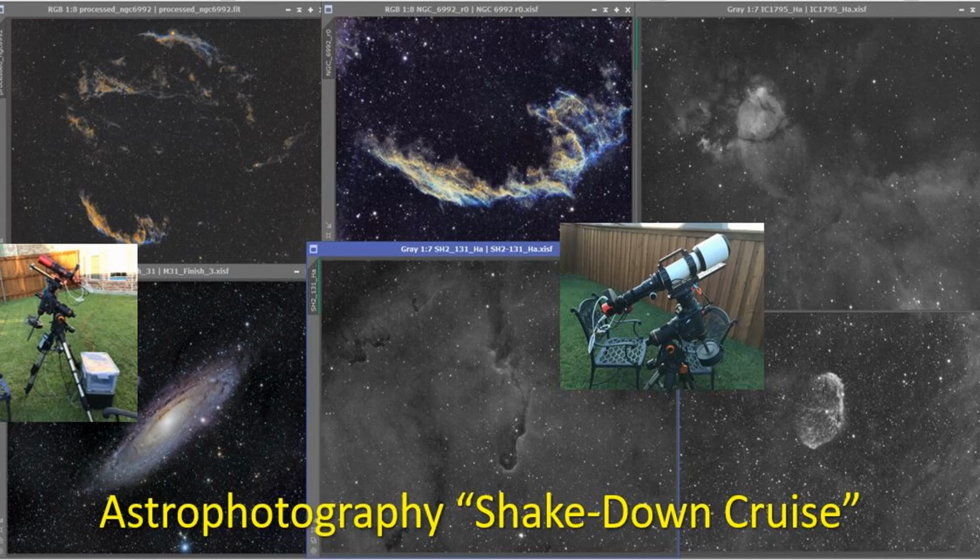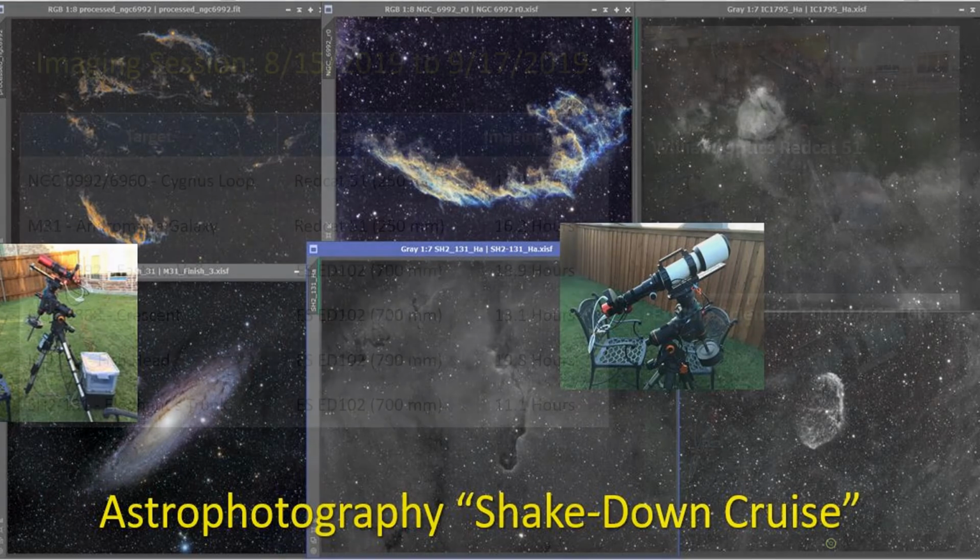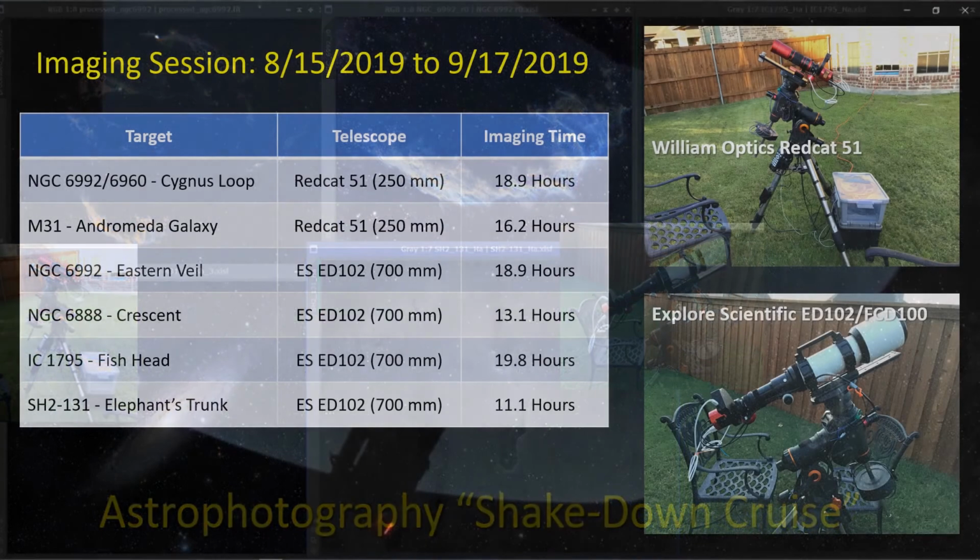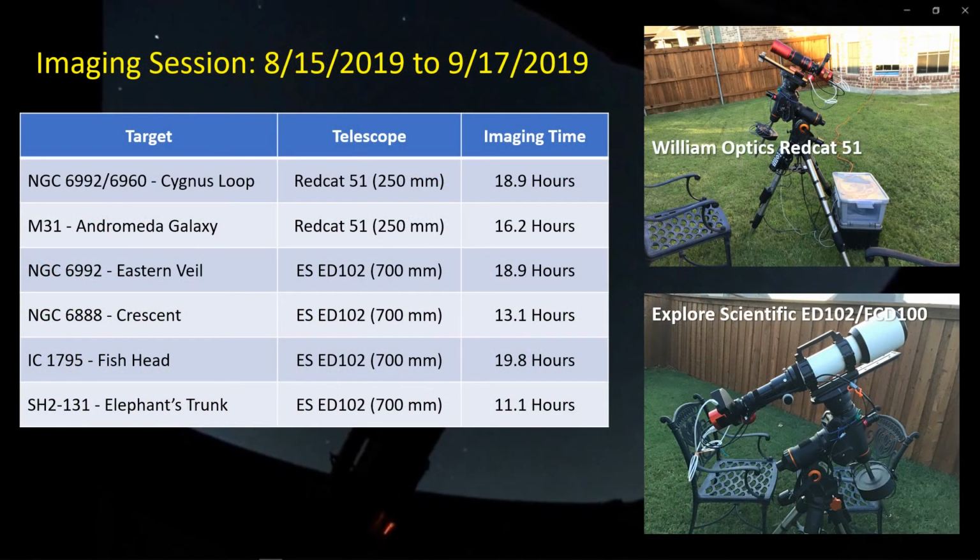Just wanted to let you know I have actually been out doing some imaging. We had a fairly long period in August and September where we had some pretty clear skies for a change. And I was out with a couple of telescopes, the 250 millimeter RedCat 51 and the 700 millimeter Explore Scientific